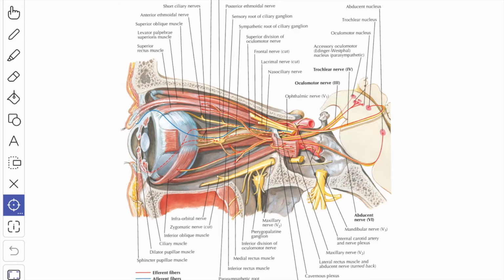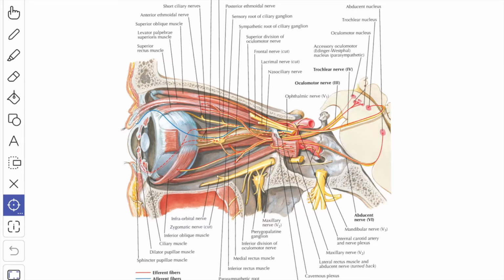Now we'll see the nuclear origin. This is the trochlear nerve nucleus. The trochlear nerve nucleus is situated in the periaqueductal gray matter of the midbrain along the floor of the aqueduct at the level of the inferior colliculus. The nucleus represents the somatic efferent column and lies in the same line occupied by the ventromedial nucleus of the